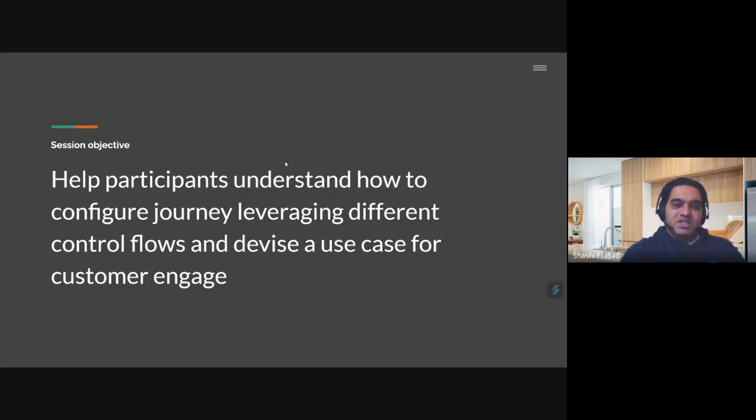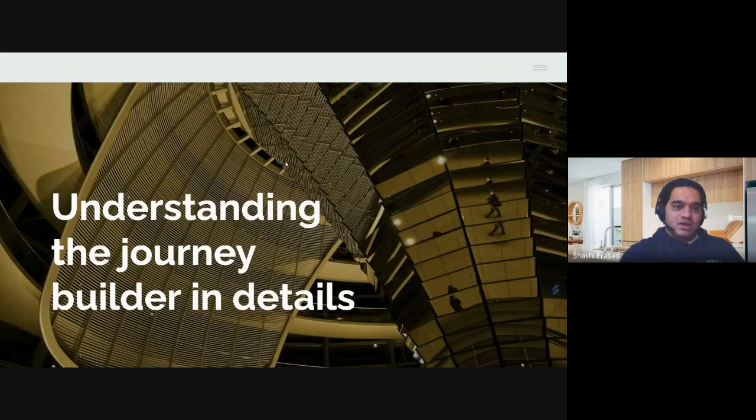Based on the PPT, I said here: help the participants, meaning you people, understand how to configure a journey leveraging different control flows. So today will be more focused on the control flows, and you can also think of a use case you want to design, prepare it and let me know, and if you have any issues, I can explain that too. We'll have one Q&A session as well, and we'll see different use cases. So we'll understand the journey builder